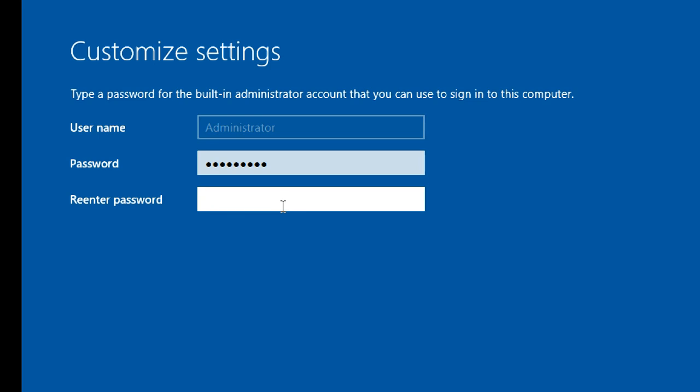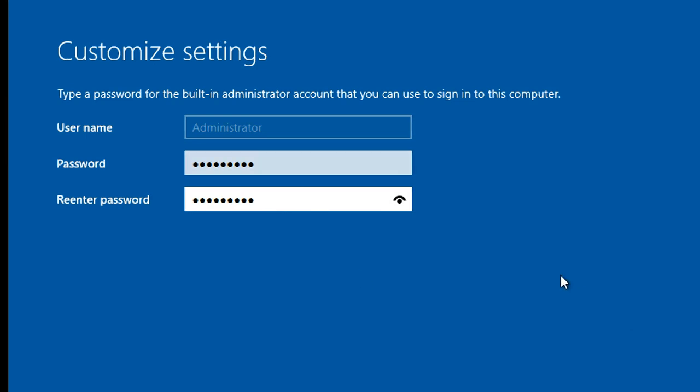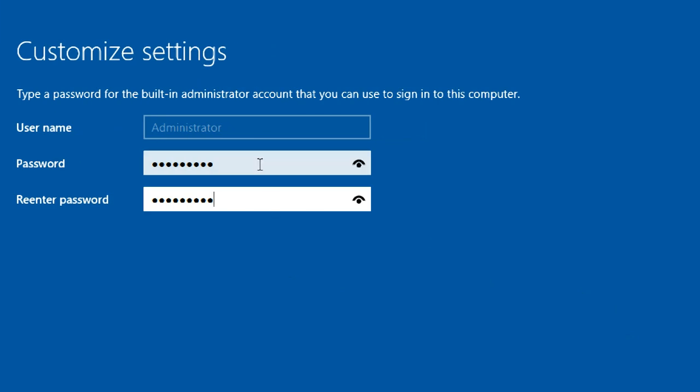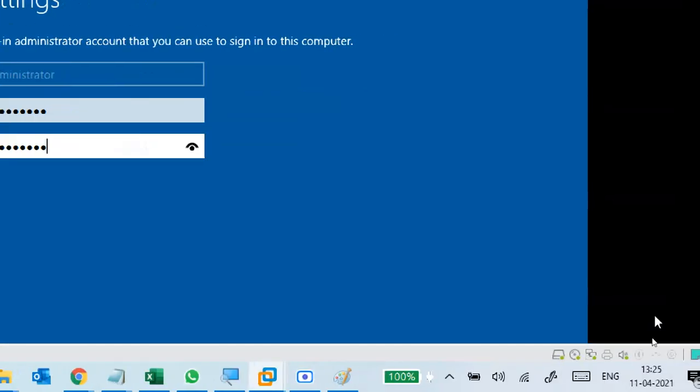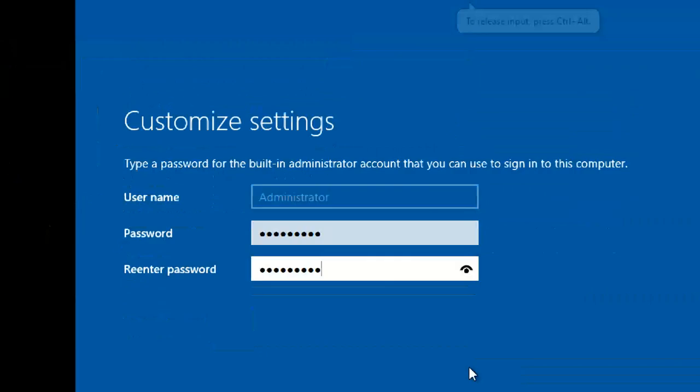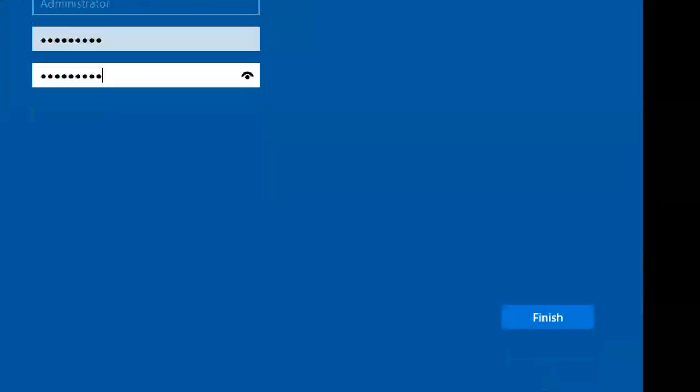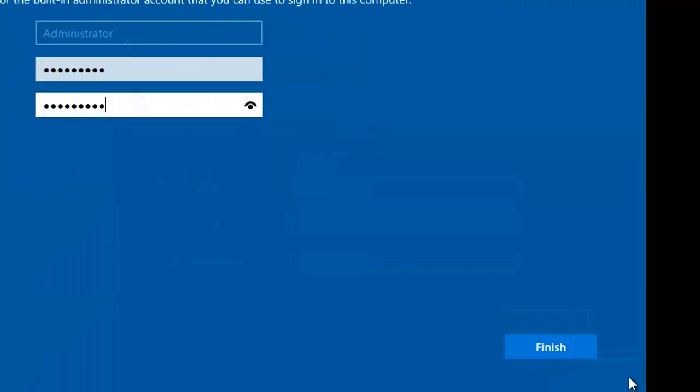Either admin@123 or basic@123. Always use the same password, with one or two variations only. So again, admin@123. Re-enter the password, compulsorily the same, because admin@123 is easy to remember. So no doubt. Click on Finish.